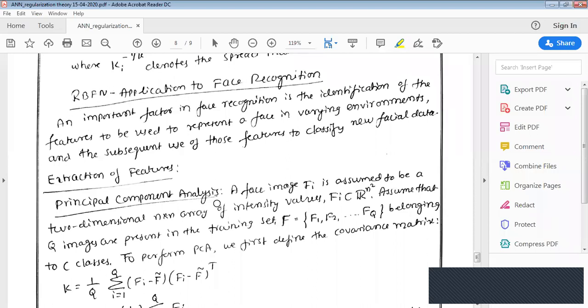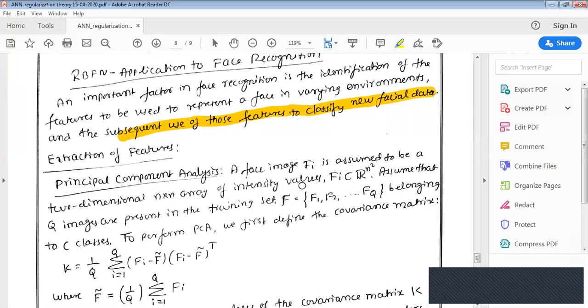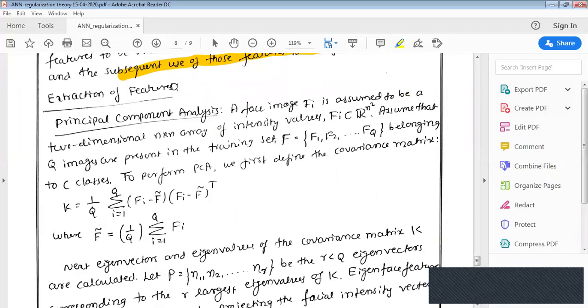So how do you recognize the face? A face is basically a two-dimensional matrix because we have taken a picture, and we don't train with the whole face because it gives you a lot of pixels. We extract the features of the face. By using those features, you are going to save them, and whenever a new face is given, it is going to extract the facial data, compare the features with whatever is trained, and be able to recognize. Now, how are you going to extract the features?